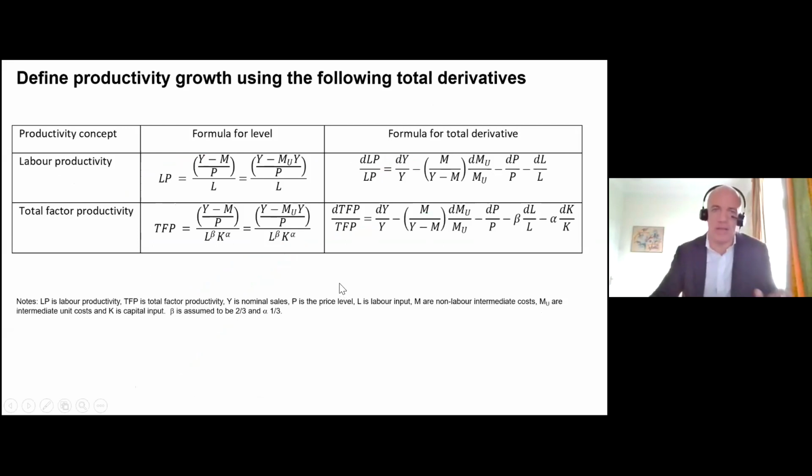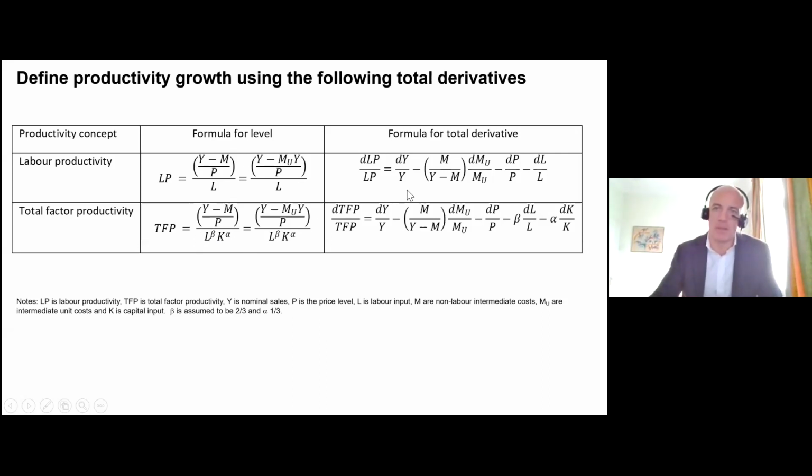So how are we going to turn that into a productivity measure for the economy as a whole? I'm going to focus, like I said, on two measures here. One is labor productivity. So I've got Y, which is final sales, minus M, which is intermediate inputs, divided by prices. So this is in real terms. And intermediate inputs is the unit cost of an input times output itself. And then I've got the analogous version of this, where instead of taking this as a ratio to labor inputs, where labor inputs I've shown you both heads and hours, I can also take it as a ratio to a weighted average of labor and capital inputs, out of which will pop